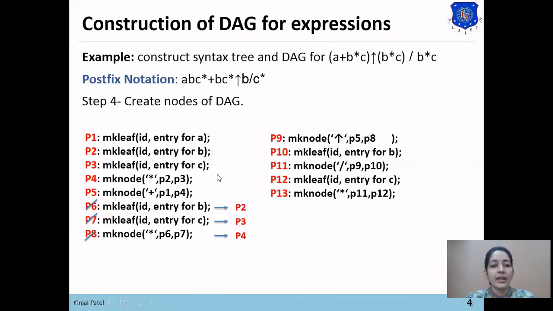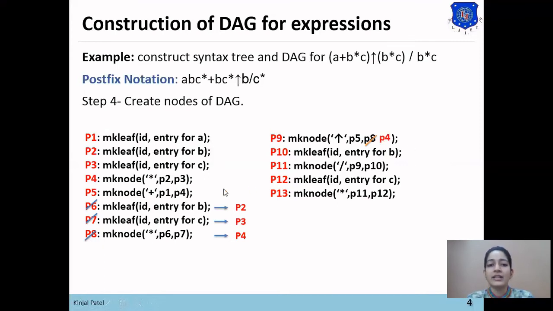Now in this node, wherever P6, P7, P8 comes in the function, we need to rename it to P2, P3, P4 instead of P6, P7, P8. So in the expression P9, here is the node P8. As P8 has been renamed as P4, here we'll rename this P8 as P4.